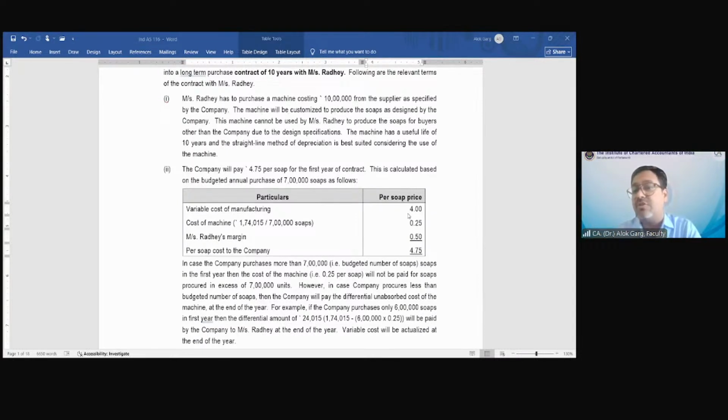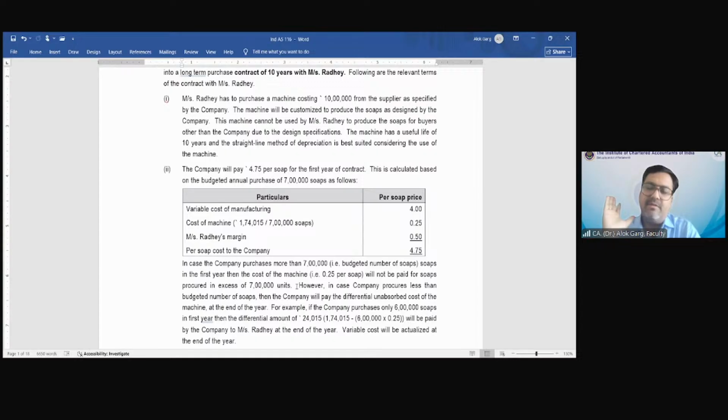And Radhe के लिए cost क्या है? 4 rupees 25 paisa. In case the company purchases more than 7 lakh soaps in the first year, then the cost of the machine, which is 25 paisa per soap, will not be paid for soaps procured in excess of 7 lakh units. Right. So the cost of machine is